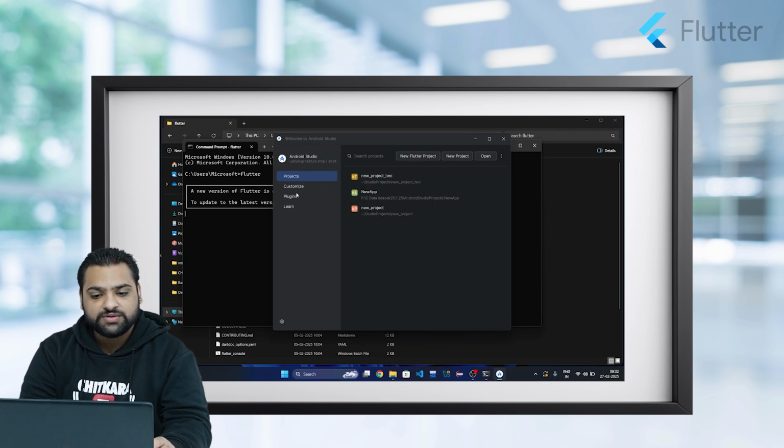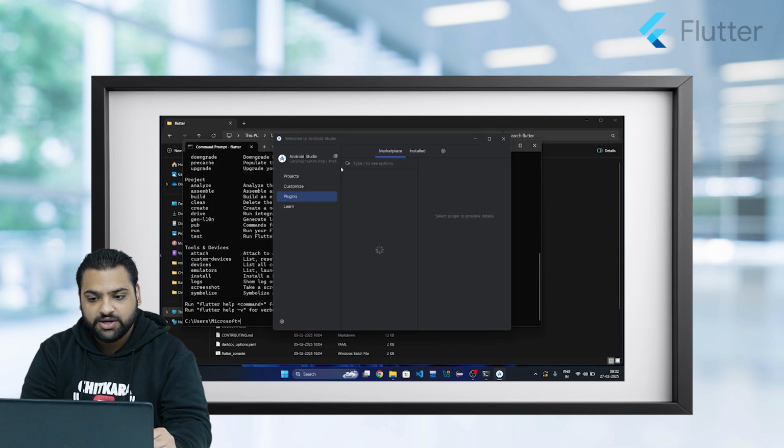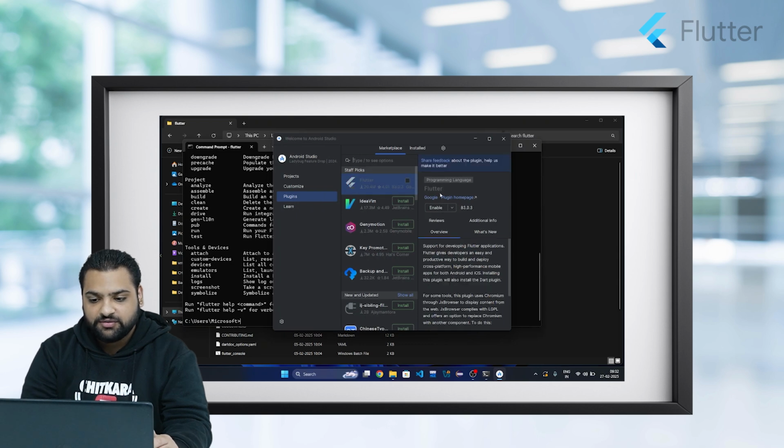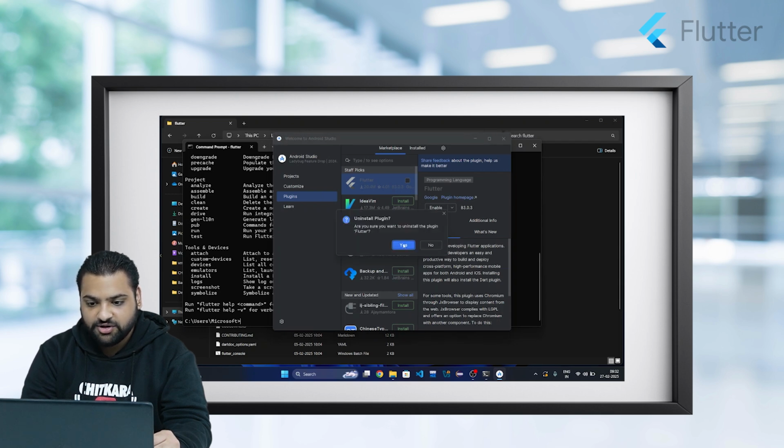What we will do is go to plugins and search for Flutter. For me it is already installed, but for you guys again this will not be installed. So let me show you how to install it from fresh.